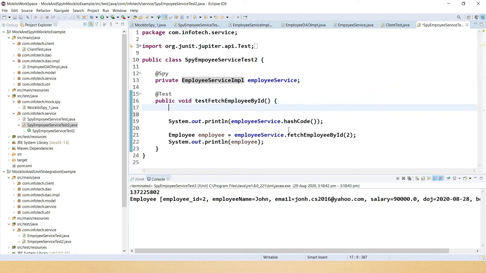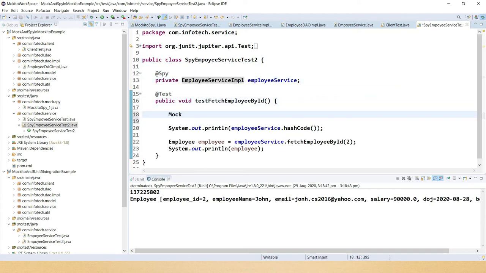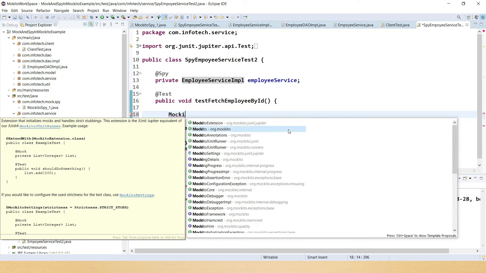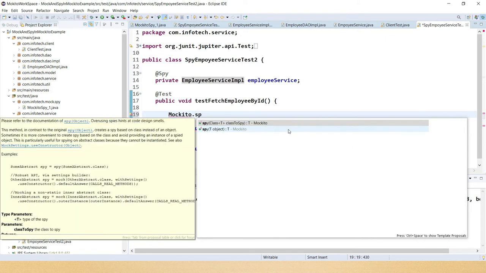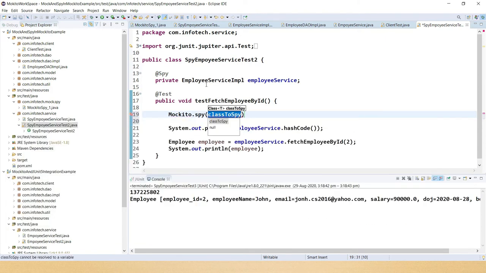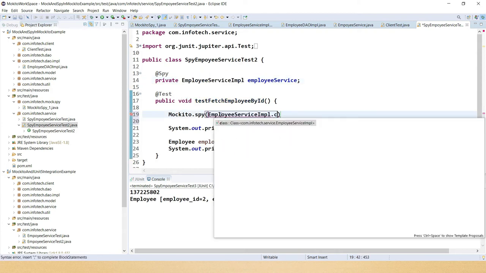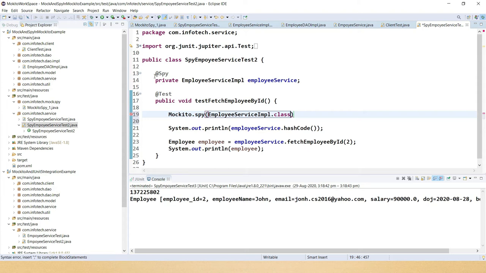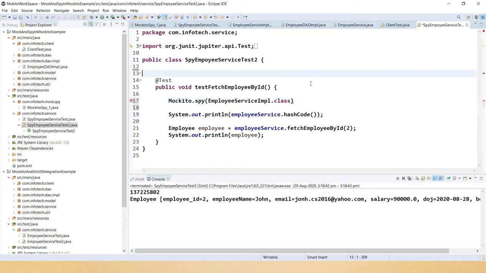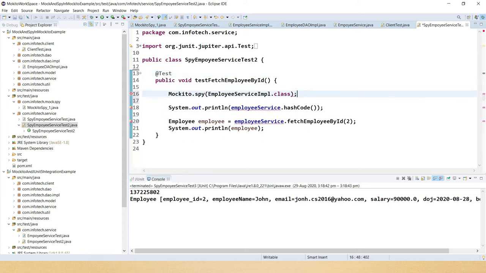And here we can do Mockito dot spy, so that you can use this method as well. So here you can do test dot class, and you don't require the at spy at all if you use the API, right? And here you get this one.